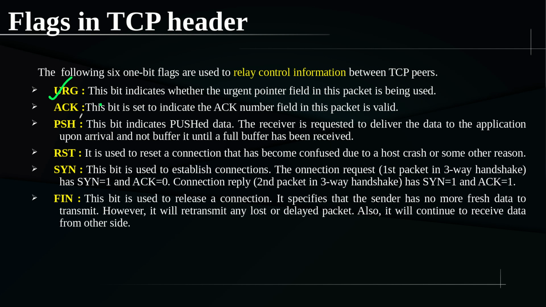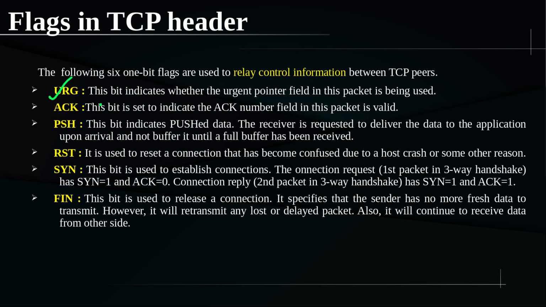Acknowledgement number field will be containing an acknowledgement number, provided that particular segment is trying to give some kind of acknowledgement information back to the sender. It can send an acknowledgement packet independently, or the actual data packet can also convey the acknowledgement of the previous data received at the receiver side. That is by a process called piggybacking, something we already seen. So that time, if the acknowledgement number field is valid, acknowledgement flag will be 1.